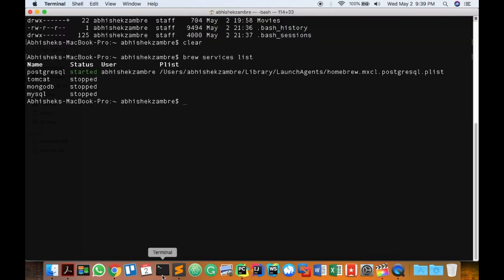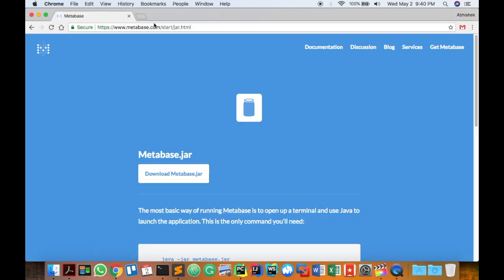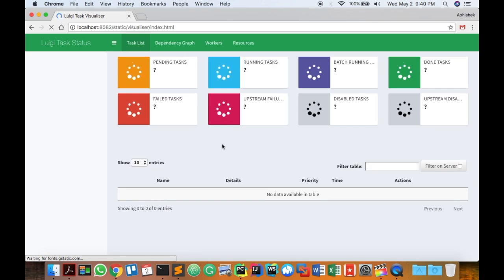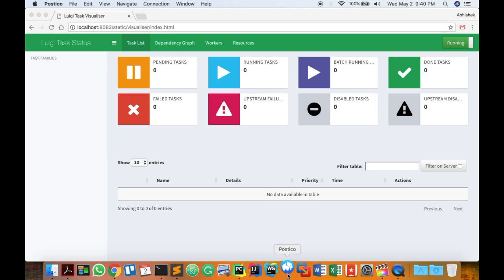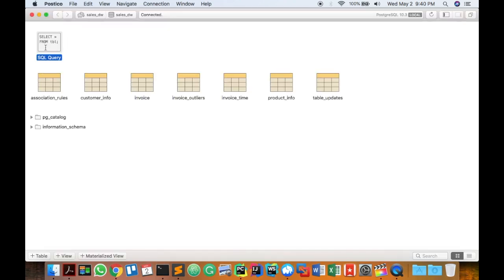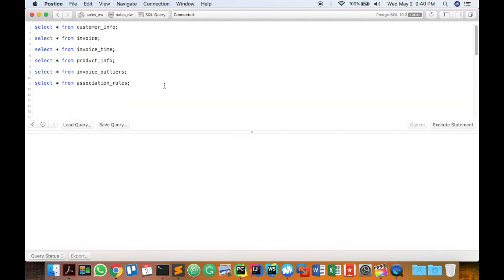Next thing is we will start the Luigi daemon, and here we can see Luigi is up and running. You can also keep an SQL client open just to see if things are going in the right direction. These tables need to be populated once the data pipeline is run.